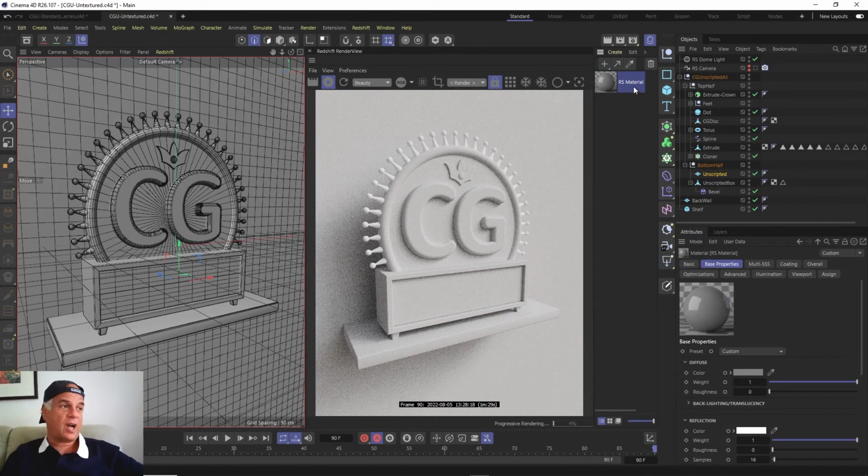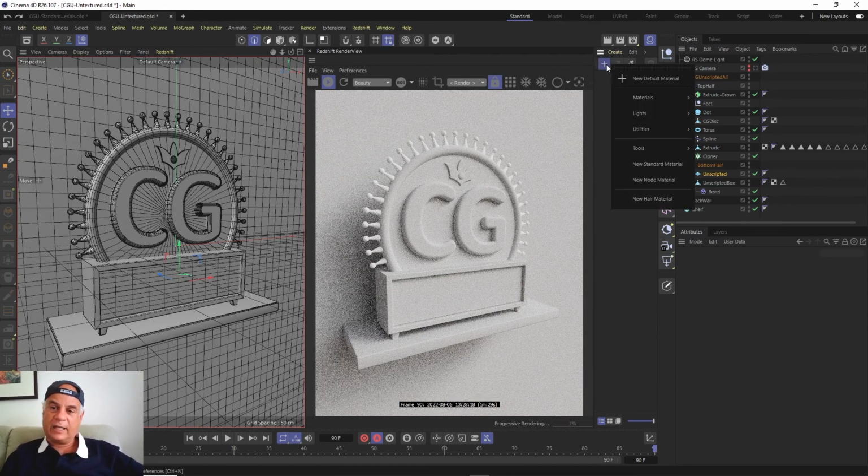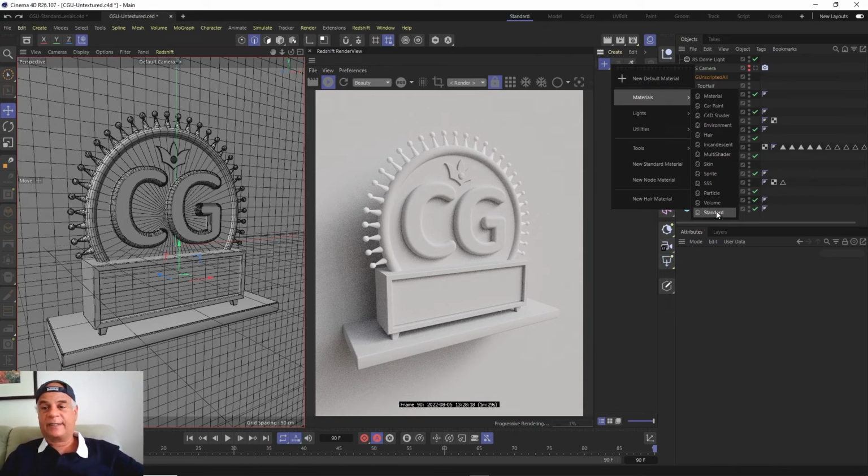And that was the common way to do it just until recently, until this new version of Redshift came out. But now there's a new kind of material here. It's actually called the standard material. And going forward, it's going to become the new standard. It's actually sort of like an Uber material. It's got everything that the regular material had or has, as well as a lot more really cool stuff